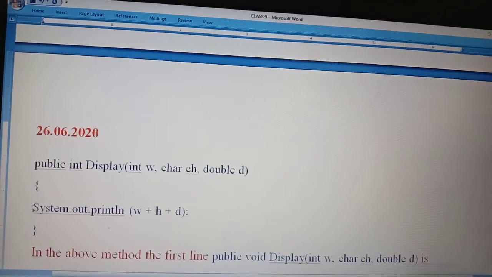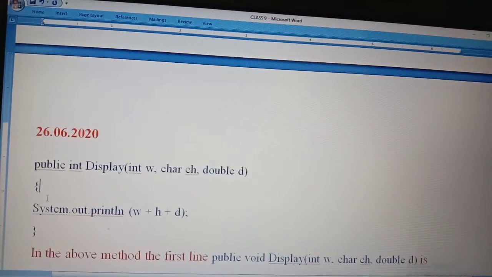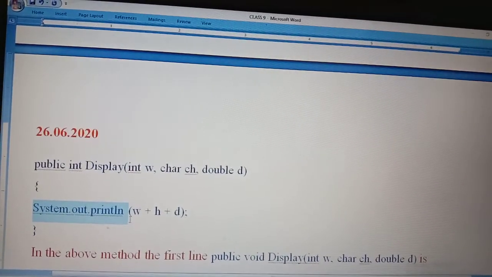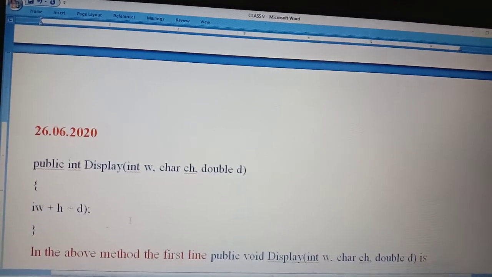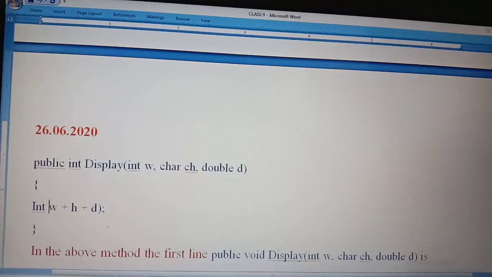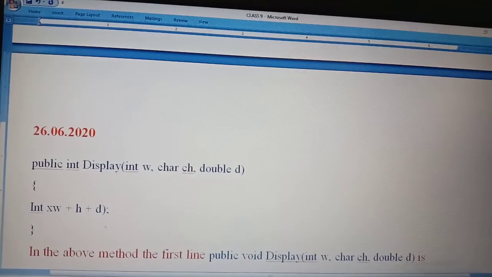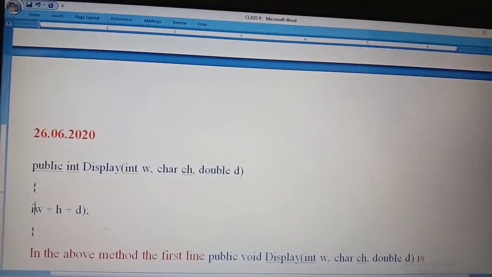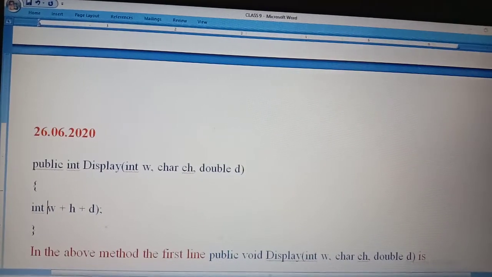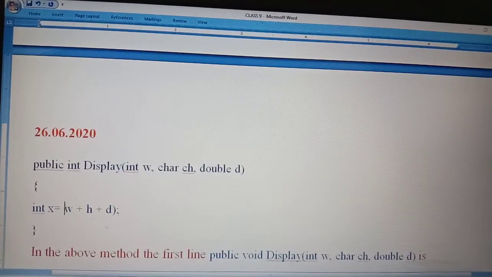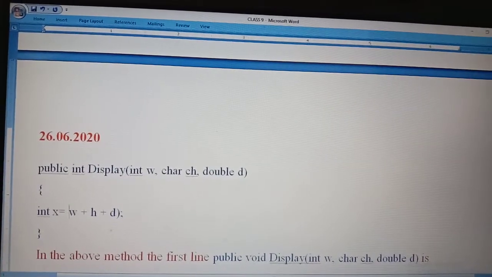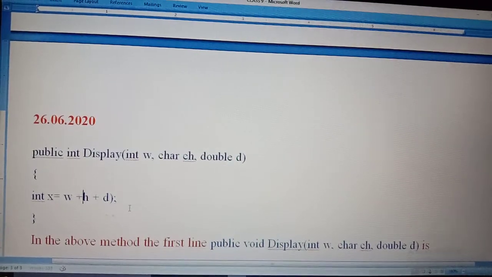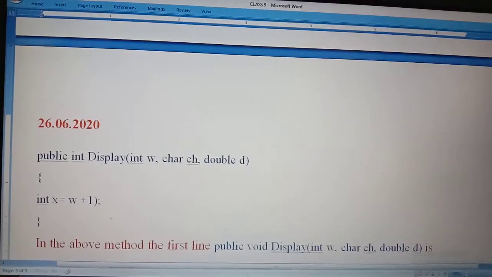Here there should be int x equal to w plus 10.